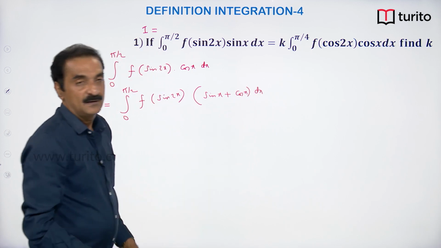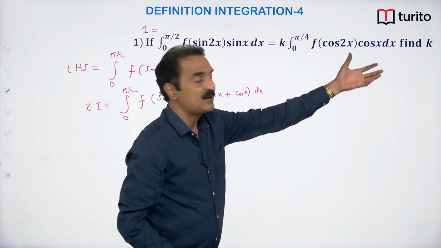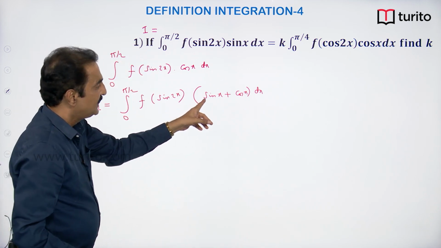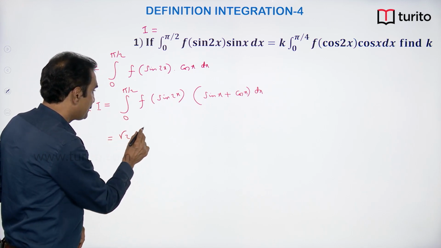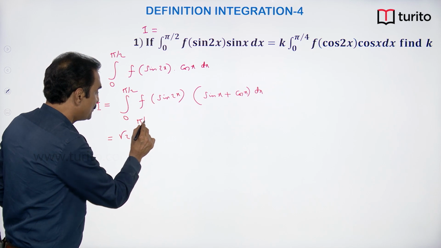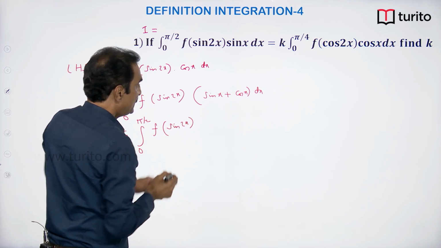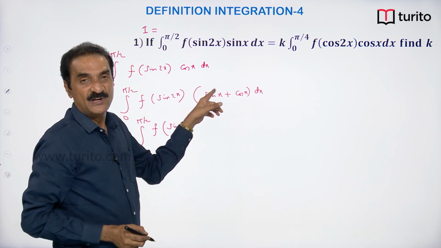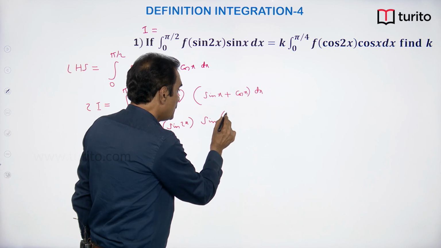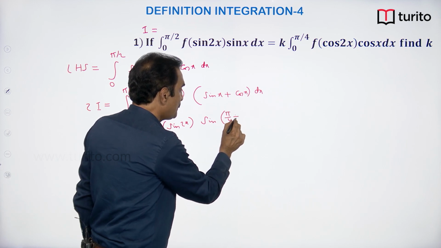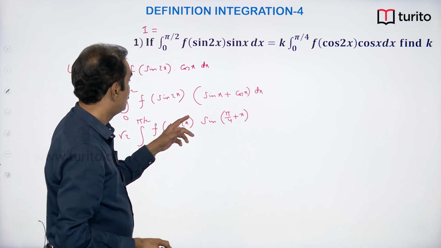Okay. Now, we want to convert this into this form, f of cos 2x into cos x. First, dividing and multiplying by root 2, you will get root 2 here, integral 0 to pi by 2 f of sin 2x. If you divide by root 2, 1 by root 2 sin x plus 1 by root 2 cos x can be written as sin pi by 4 plus x, or before that